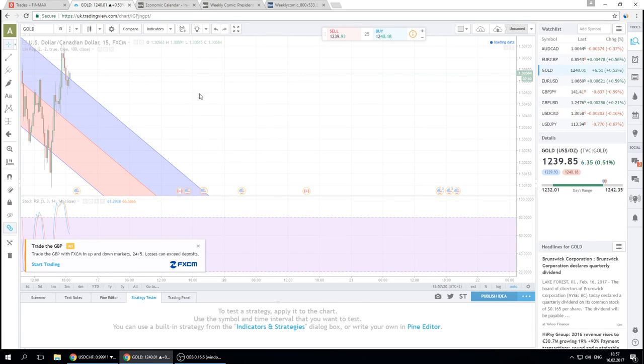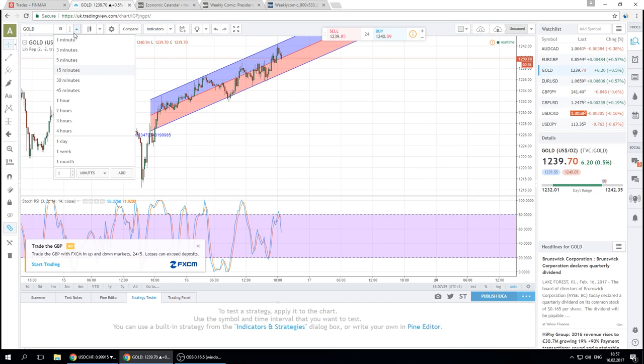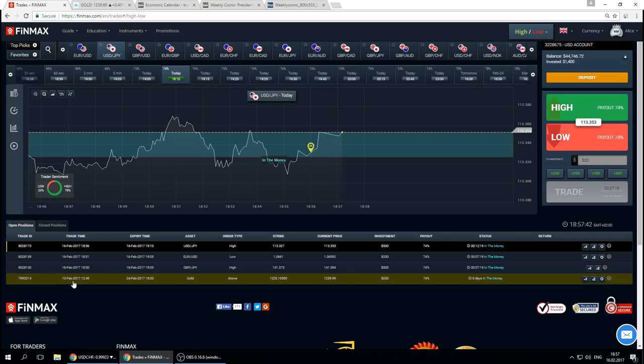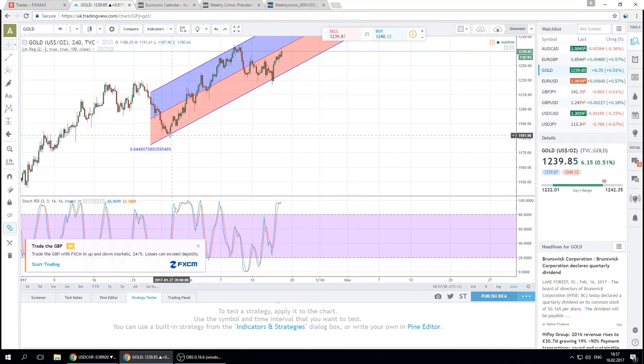I have opened a long-term trade on this asset. Like on the 15 minutes time frame, we can see that the trend is going up, on 4 hours as well up. So I believe I opened it. Let's see. Our platform allows you to see all the details: when the trade was opened, when it's going to expire, the exact expiry prices. That's great. So I opened it on the 10th of February. It means 6 days ago, and we can see